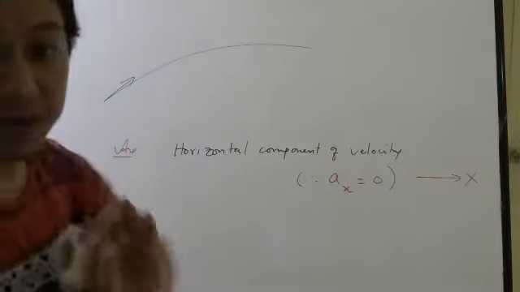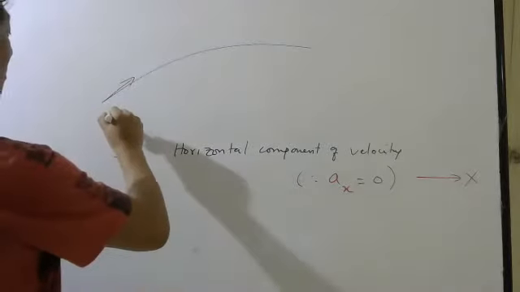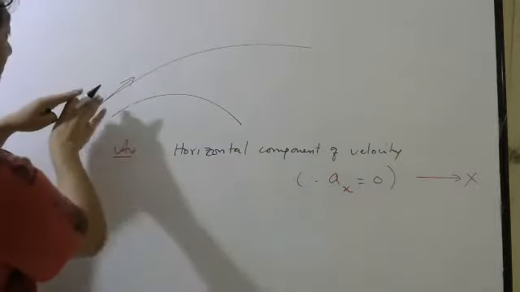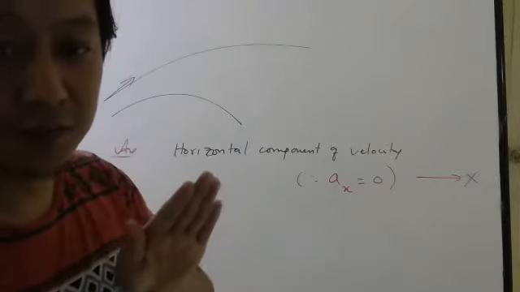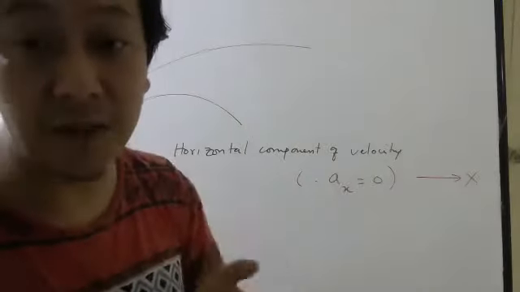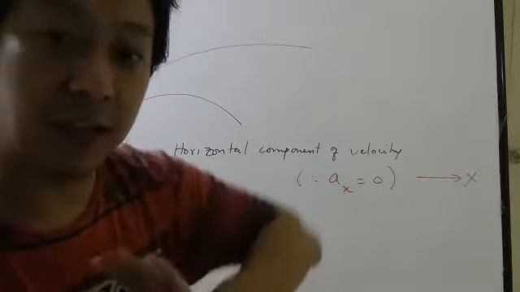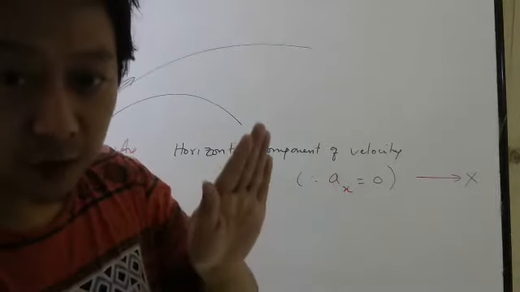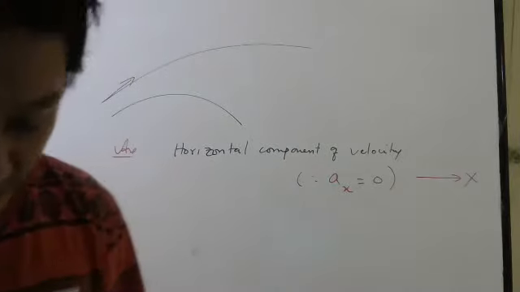If you throw a basketball like this, it will also go like this. The basketball may get more curved. The bullet may travel slightly more straight, but it is never straight, because anything under gravity, if you throw at some angle, will never go straight. If it goes straight, it means it does not feel gravity. If there was no gravity for the object, then the object would move in a straight line. But if there is gravity, then it will always turn slightly. Arrow, you can say, many examples are there.